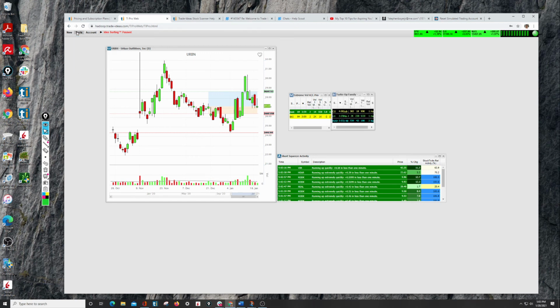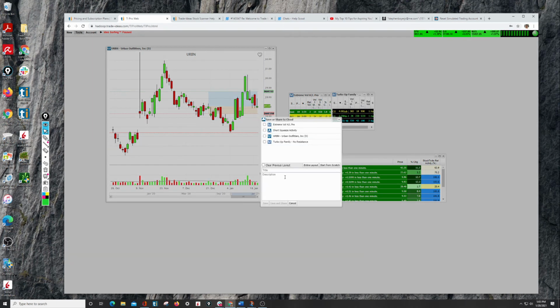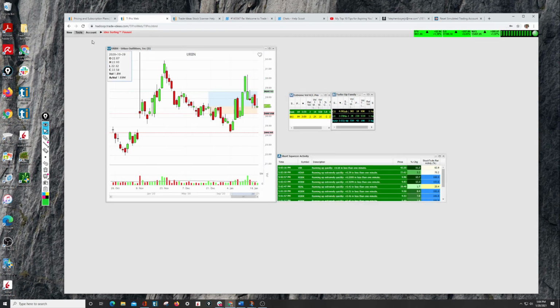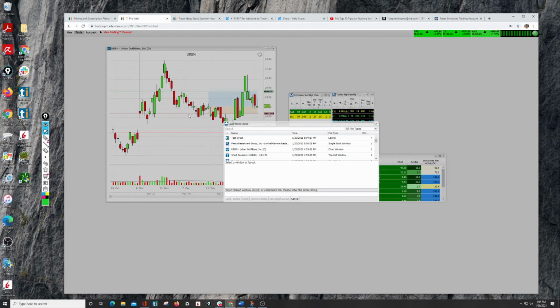And then when we come back to Tools and we go to Save to Cloud, you can see here the entire layout. And then you can even give it a title. So, test layout. And there we go. Now it's selected all the things that are here. It's showing us each scan or chart or single stock window, whatever that we have. And we click Save. And now when we come back to Tools and we go to Load from Cloud,